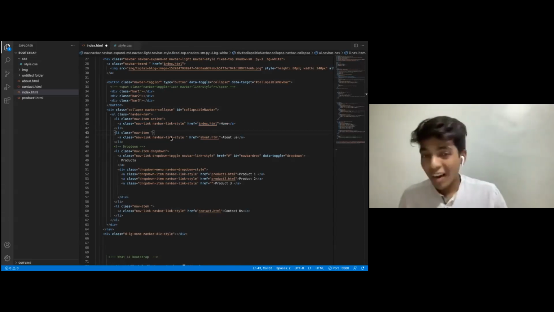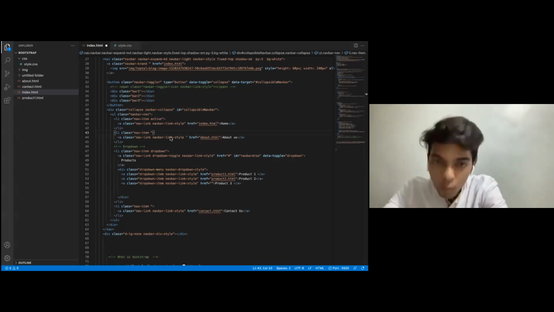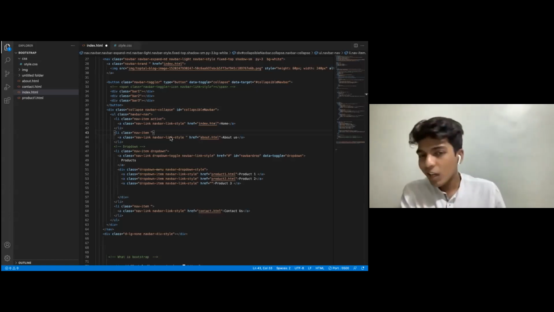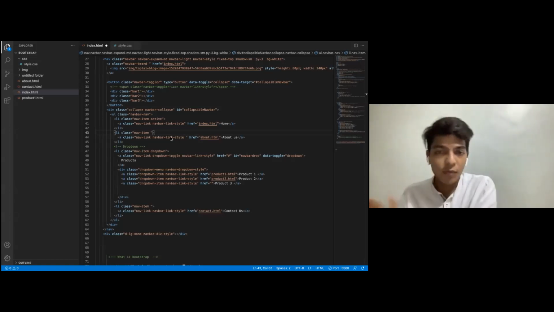If we are talking about JavaScript, then it would be something else. It would be .js. If you are using React Native or React, it would be .jsx. That is a completely different story. But for Bootstrap, it would be only two things: one would be .html and one would be .css. CSS for style sheets and HTML for pages.